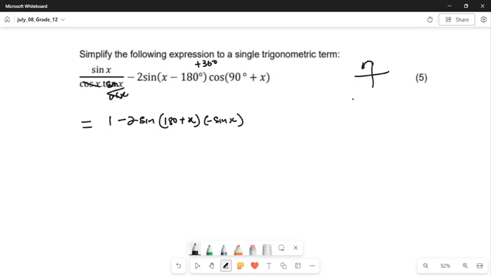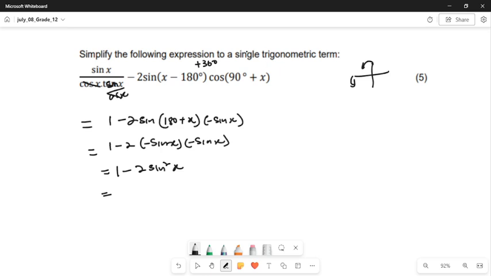So 180 plus x, our sine moving here, we'll have a negative sine x. We have 1 minus 2, then minus sine x multiplied by minus sine x. So our negatives will cancel, we just have a positive sine squared x. So we now have 1 minus 2 sine squared x,